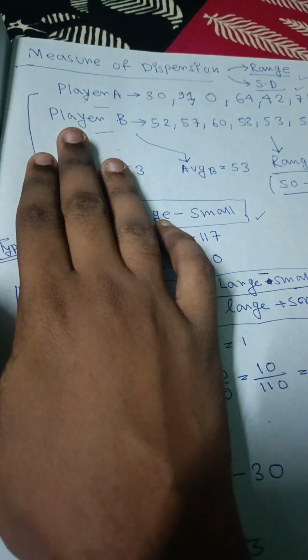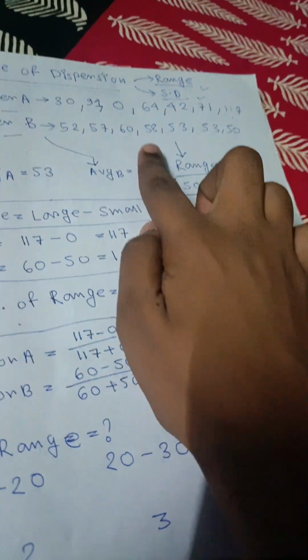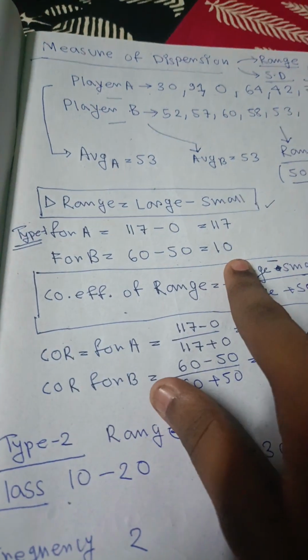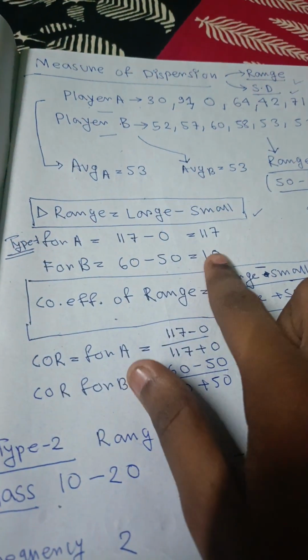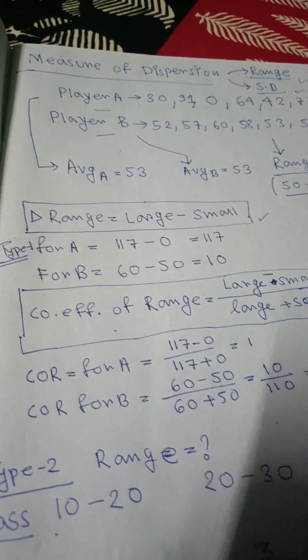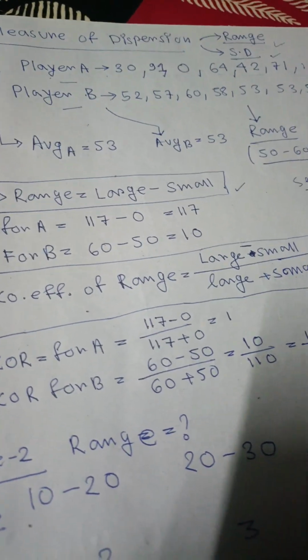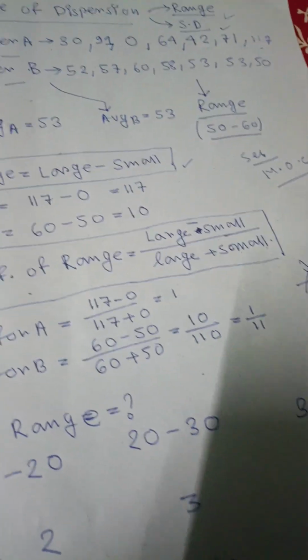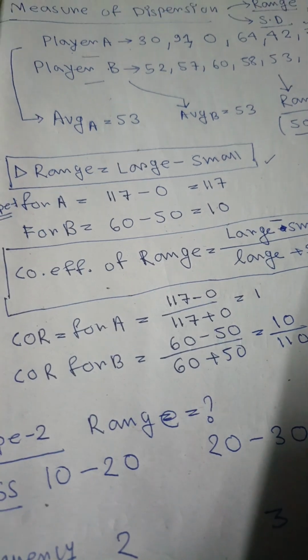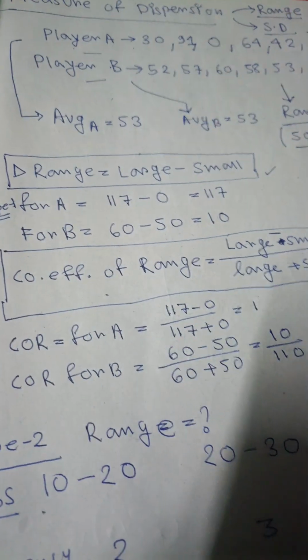So if you can see, for player B the highest is 60 and the lowest is 0. So here the range of player A is 10. When the range is low, the consistency of the data is high. So in the AI part, this stat data is important, but you just have to know the formulas in here